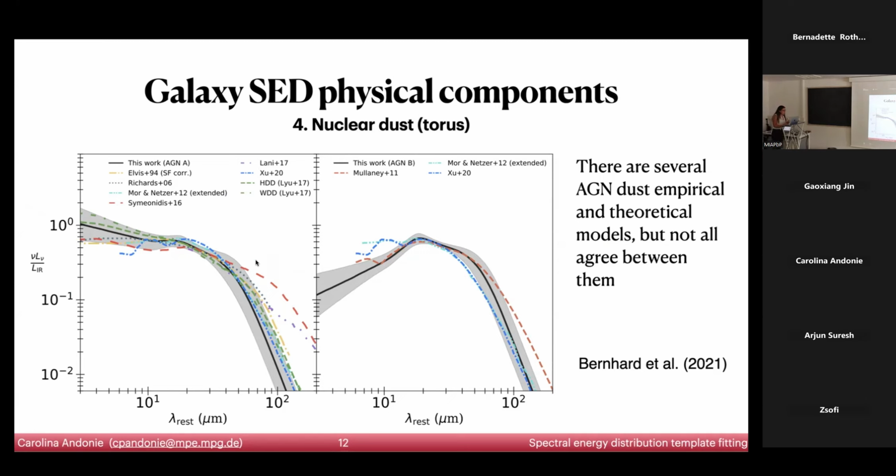If I fit my AGN SED with the black model, the star formation is going to fit this other part. But if I fit it with a very cold SED, actually I am going to get less star formation. So I can even get that in one SED modeling, I might identify an AGN, and in the other one, I might not, because the models are very different. So again, SED fitting is very model dependent. So we need to be really careful with the models that we use to fit the data and not overinterpret our results.